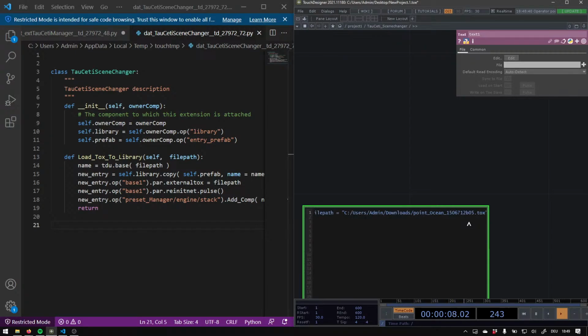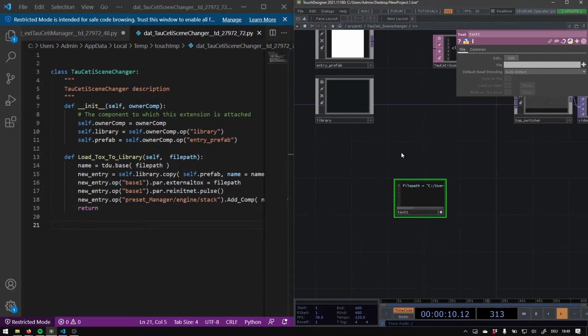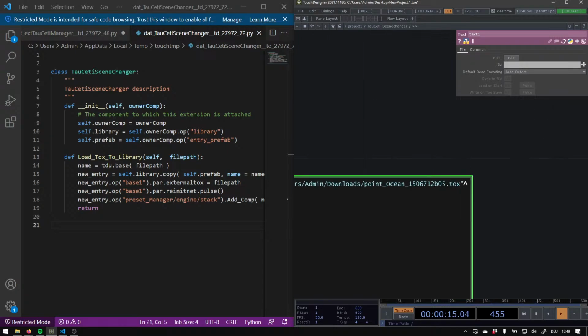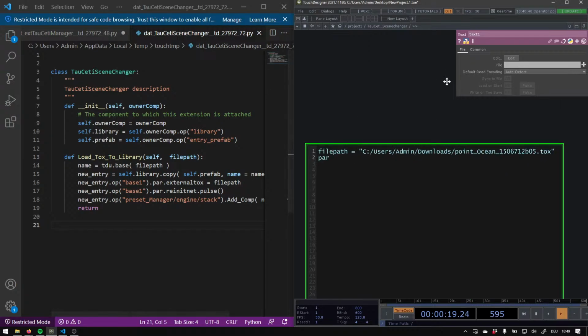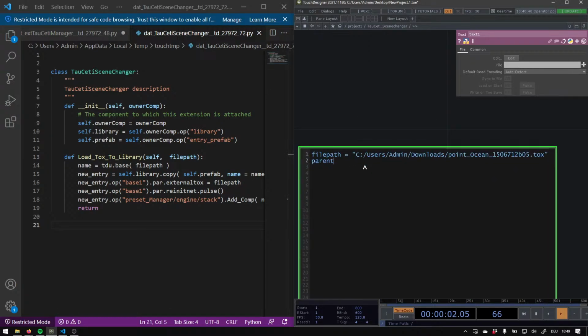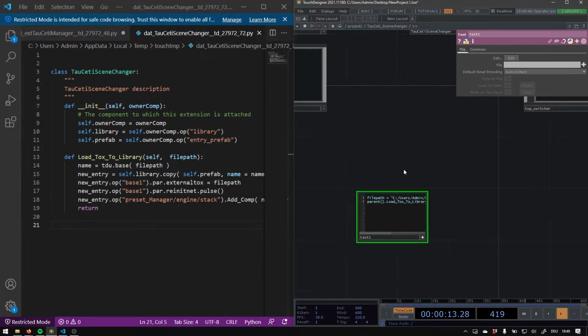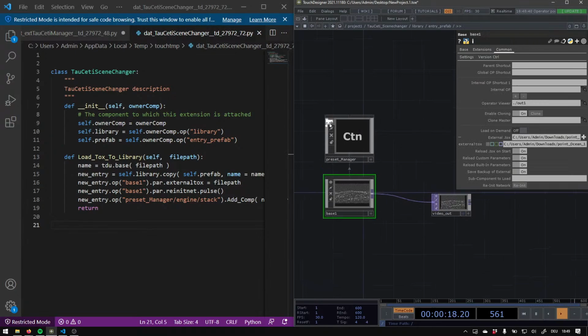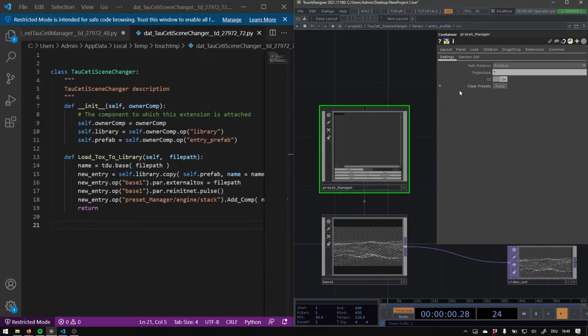So let's add this, and then we are going to call, let's see what I'm writing here. Parent.load talks to library, and we're going to give it a file path here. So let's see if this works. Now let's see, and we have our entry prefab here, and now if we take a look at our preset manager,